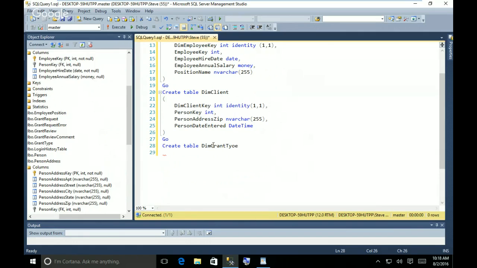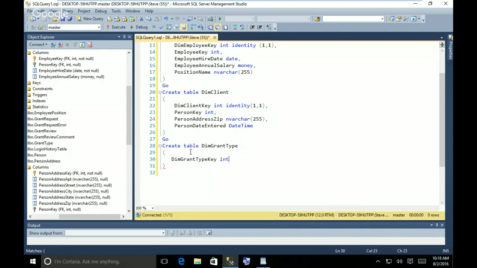I'm not sure. As I said, I meant to rehearse this quite a bit this weekend, but given everything else that was going on, I didn't get to it. So I was just looking at my old scripts and they have to be adjusted. So I'm going to do dim grant type